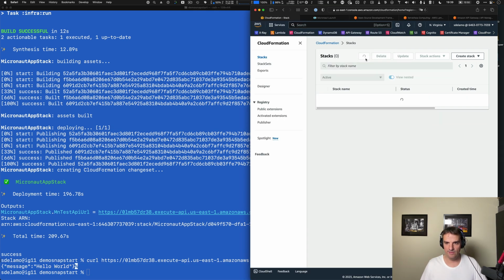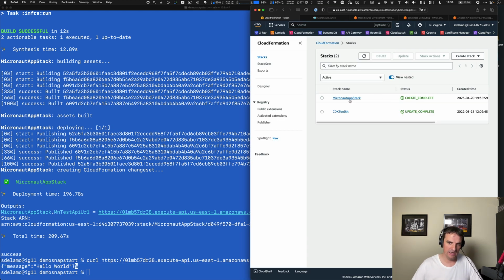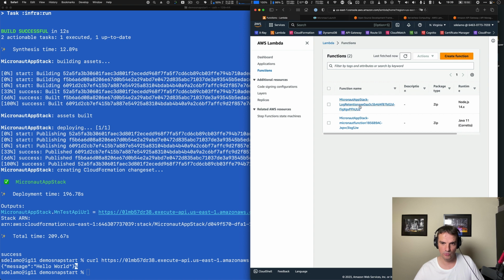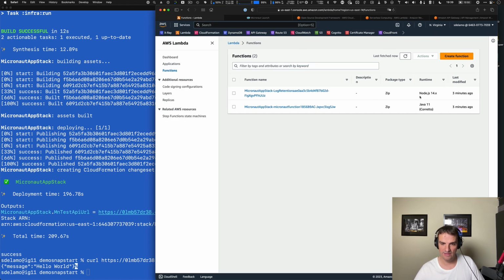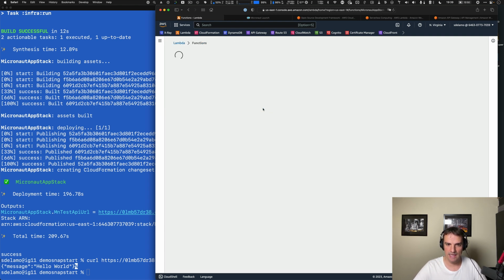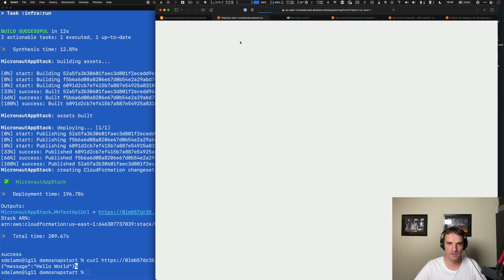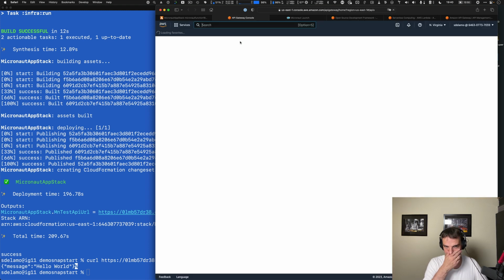I'm going to go to the AWS console. I now have a CloudFormation stack. And if I go to the Lambda console, I will see one function. Actually, we'll see two. One for CDK, the one with the runtime node, and the other one for the actual function where we deployed our Micronaut function, which is using the Java 11 runtime. I click on the function, and we're going to see that this is connected to, and actually, let me show you. If I go to API Gateway, we will have an API Gateway for this function,